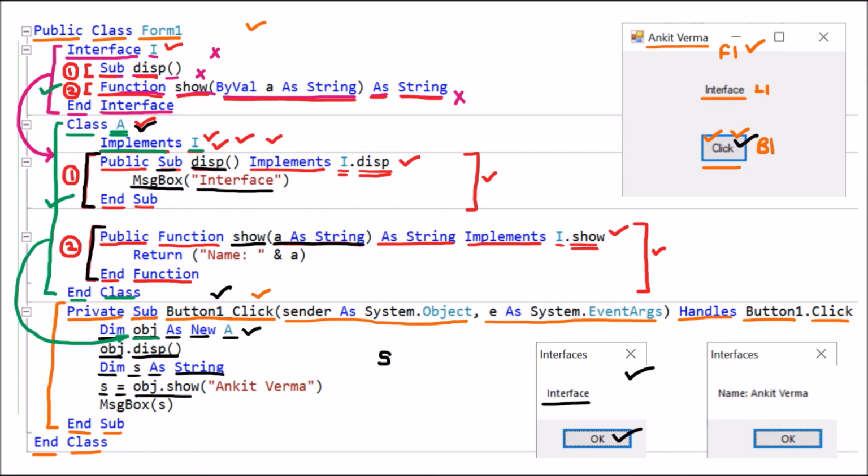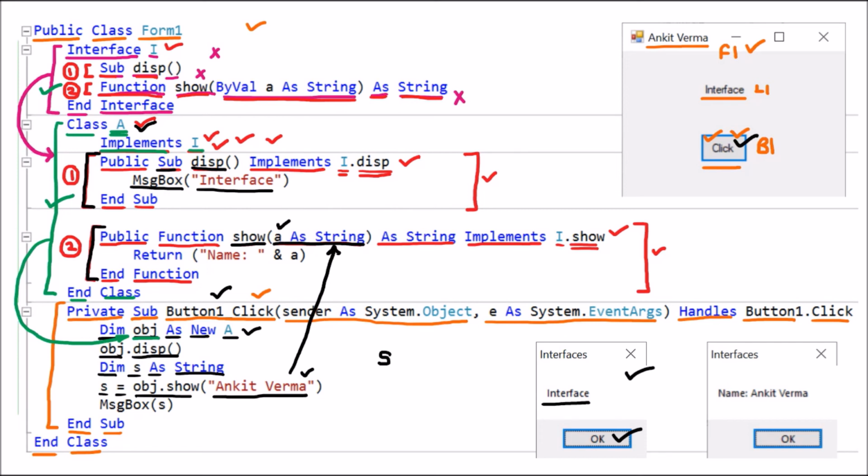That means this show method wants one argument where it is called, and here we are passing Ankit Verma. This argument will be provided to A, so A now has the value Ankit Verma.